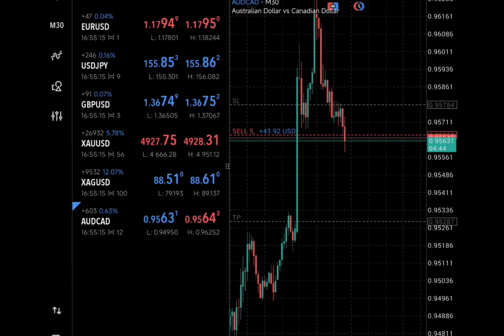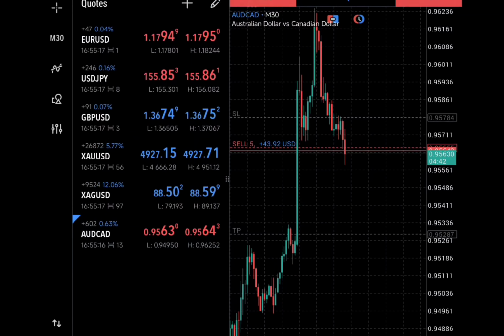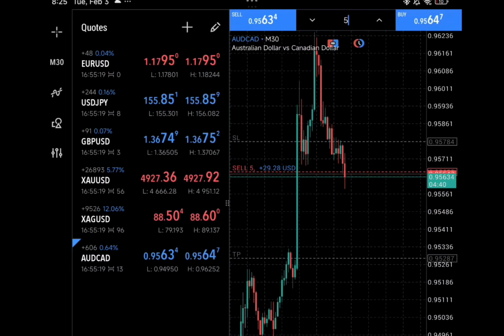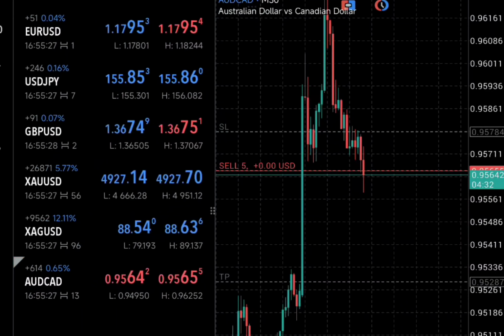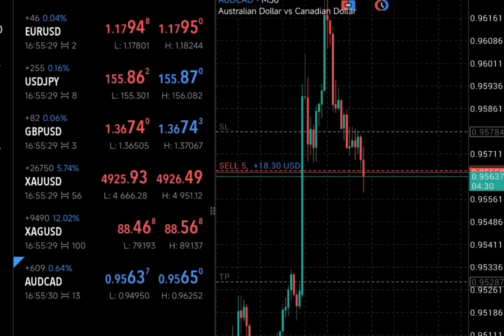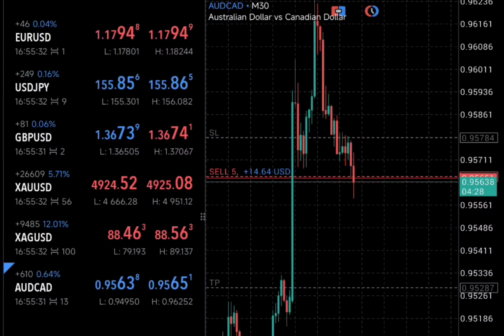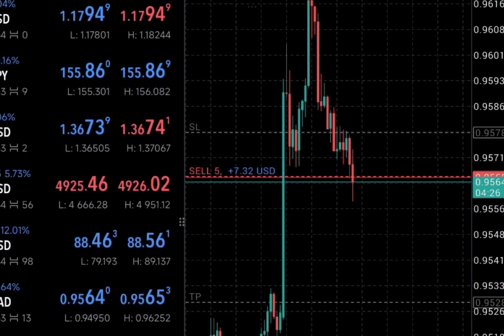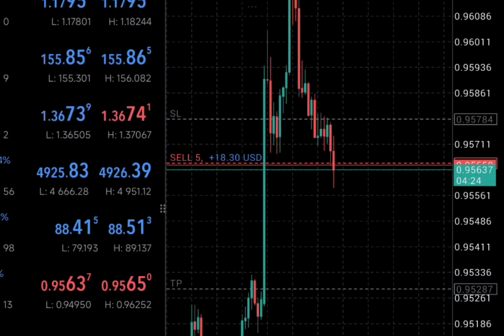Basically, I don't trade this pair very much. It's a random pair for me, but it was by default in the MetaTrader watch list section. So what I did was, I was just seeing the instruments, and I saw that one of my favorite setups is forming in this pair. So I executed my trade